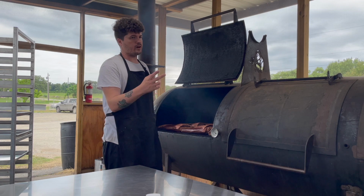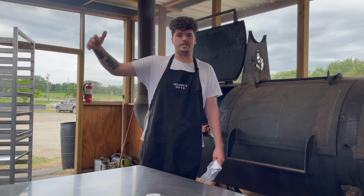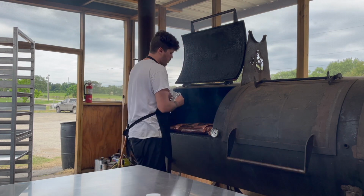Once I wrap the briskets, I'm essentially done cooking. I just want to get the briskets out of the smoker. I don't want them sitting in this wrap for very long. So what I do,